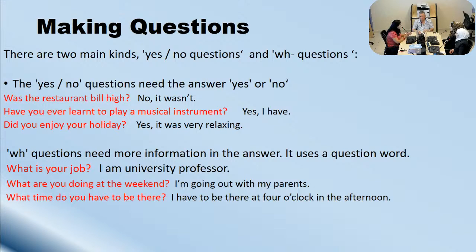So we start with the auxiliary verb. We need to tell the students that in the exam, what we are doing now, we explain how to change to a yes/no question first. Then we are going to show you how it becomes a WH question. In the exam, yes/no questions are not accepted. In the dialogue, the student needs to write WH questions. But to make a WH question, you need to know how to make a yes/no question first. Then you delete the thing you want to ask about and put a question word instead of it at the beginning.